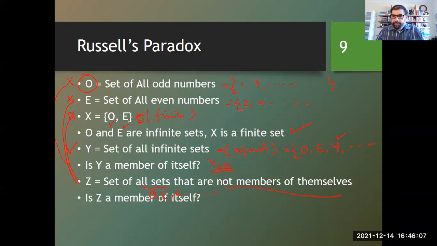Is Z a member of itself? इसके लिए मैं आपको 1 मिनट देता हूँ, सोचें और फिर 1 मिनट के बाद मुझे जवाब दें। So ये भी paradoxical नहीं हो सकता because Z might be included inside of Z because वो a member of itself नहीं बन रहा, but then जब वो बन जाएगा तो फिर वो disregard हो जाएगा। सिर्फ मुझे यस और नो में आपने जवाब देना है।